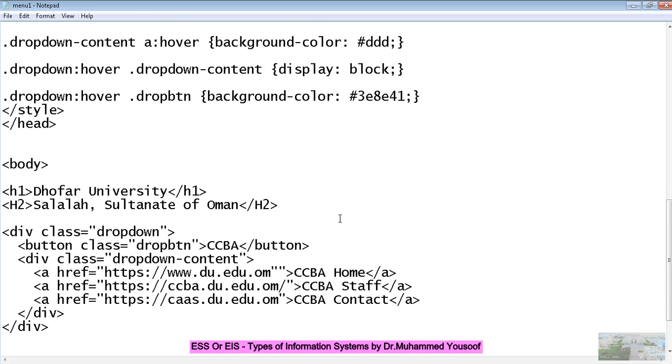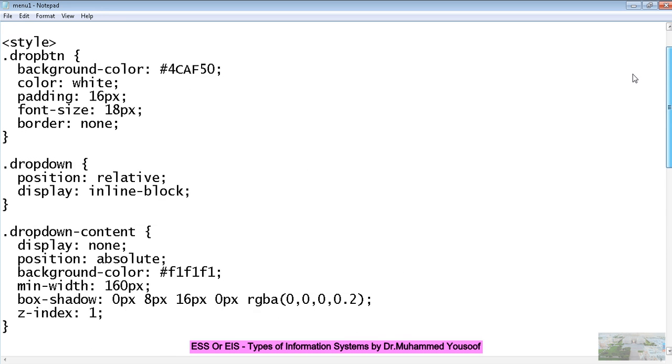Then you can also see that I have a div class drop down content. In the content, this is the button. The button class is drop button. It will apply all the properties of the drop button. And the div class is what? In this division, I am applying the style of drop down. I am applying all the styles which I have defined in the class drop down, and for the button I am using the button class drop button. So you can see all the properties will be applied here.